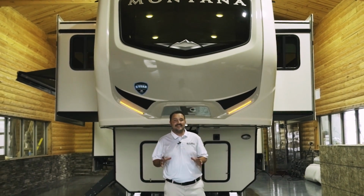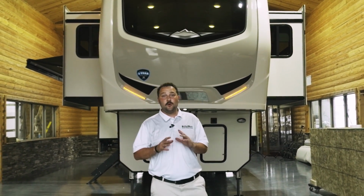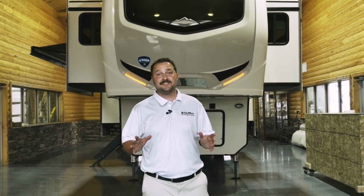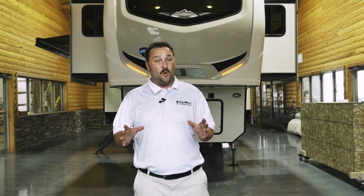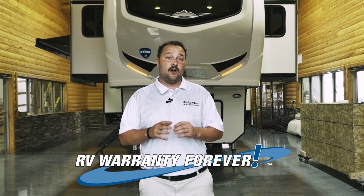This 2019 Montana 3731 front living room has some of the most comprehensive warranties in the business today. You have 25 years on your Dynamax flooring, 2 years on all your appliances, and of course your 1 year bumper to bumper on the entire coach. One other thing that we offer that's very unique here at Bowling RVs is we have a lifetime warranty. Now, if you'd like more information on our lifetime warranty, what it covers and how it works, give us a call at